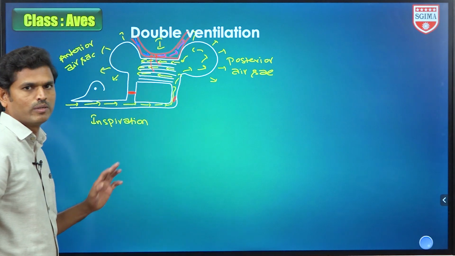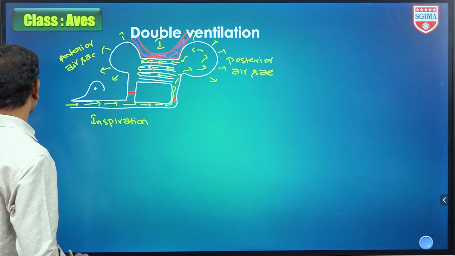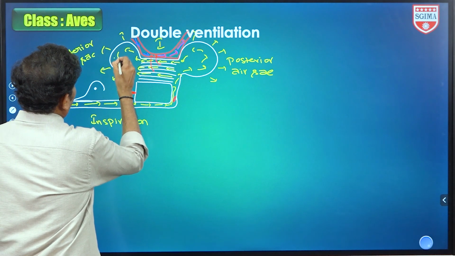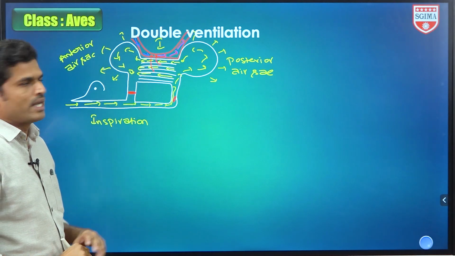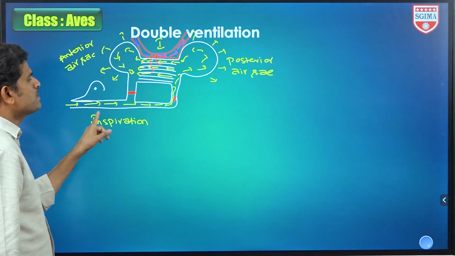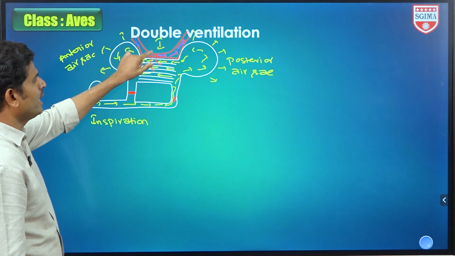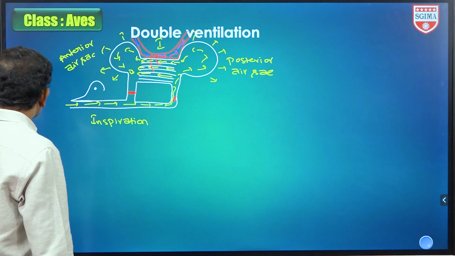Gas exchange takes place during which one? The inspiration process. During the inspiration process here, this air will be which one? Deoxygenated. Already exchange हो गया. So this is the inspiration process. In inspiration, exchange of gases takes place between the parabronchi and blood capillaries. So the next phase is